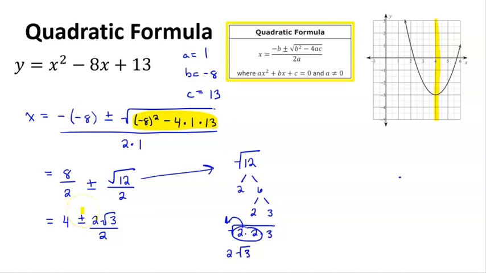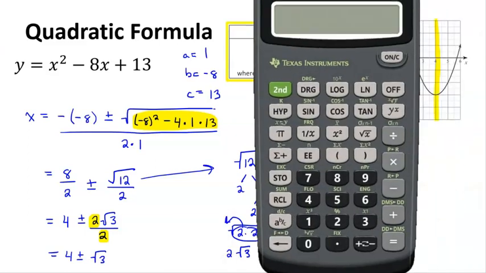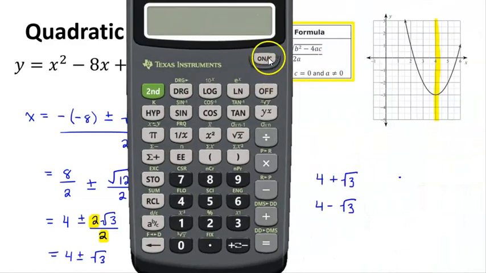Then you're going to treat this just like a fraction. 2 divided by 2 simplifies out to 1, and that turns into 4 plus or minus 1 times the square root of 3. And then from here, I have 4 plus the square root of 3, 4 minus the square root of 3,